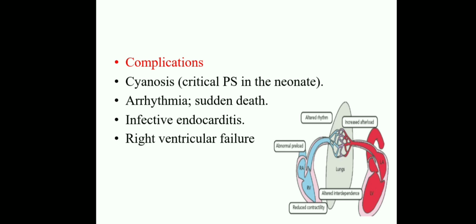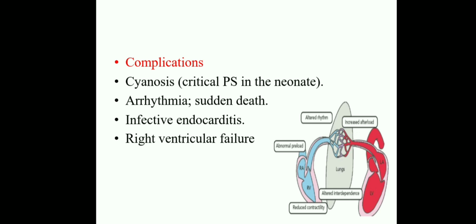Please remember this. And the next complication is arrhythmia. Here the heart rate is very rapid or slow, so whenever we check the ECG, arrhythmia is there. And sometimes, because of decreased oxygen supply to the brain and poor blood circulation, sudden death also occurs, because there is no purification of the deoxygenated blood. Hypoxia occurs, and then sudden death also can happen in pulmonary stenosis conditions.